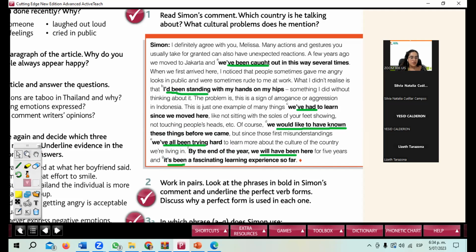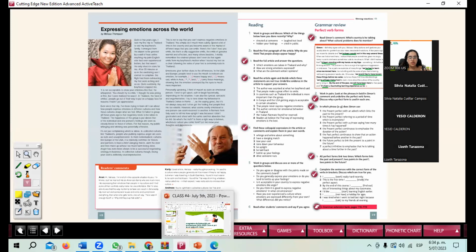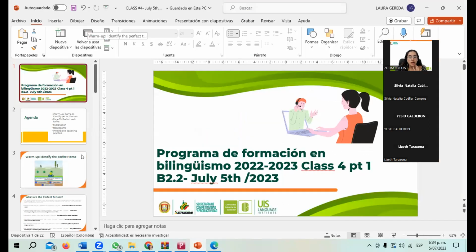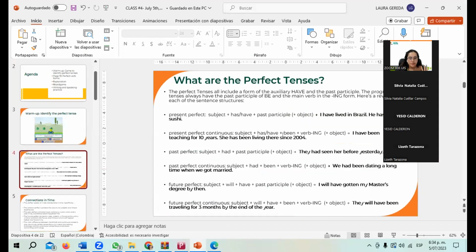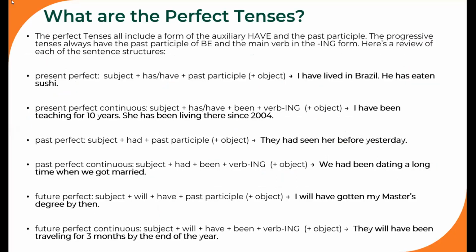Very good. All right, so we can see we recognize all these structures. We're going to do a short review before you can do exercises 3 and 4. So I'm going to do just a short review to see in which situations we use each structure, okay? So let's check here. This one is just to review the structures. We're not going to read all of it, but only the examples, right?